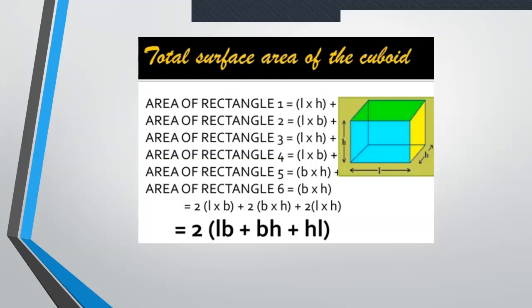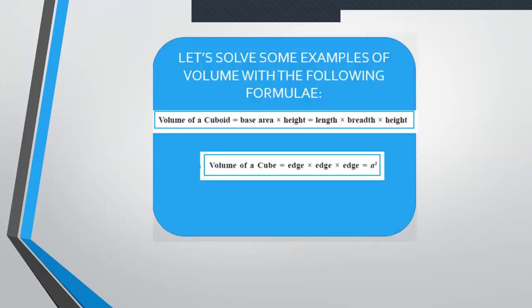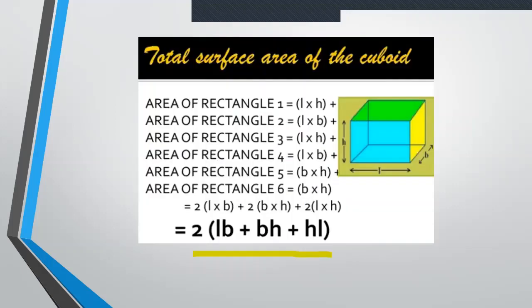Total surface area of the cuboid is again 6 rectangular faces. That's twice of LB plus BH plus HL. Just be careful. If they say there is no ceiling, then you need to cancel off one of BH. If they are saying you don't have both of it, then you have to cancel off both of BH. That's it. A bit of logic has to be applied. Don't be nervous with anything. LB, right? Because the ceiling is length into breadth, and the floor also length into breadth.